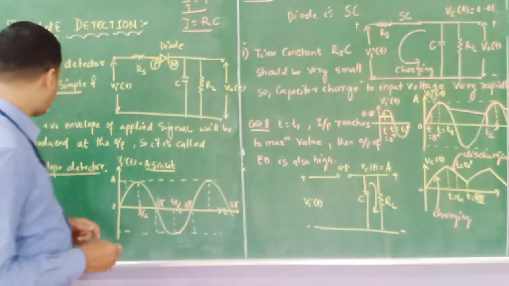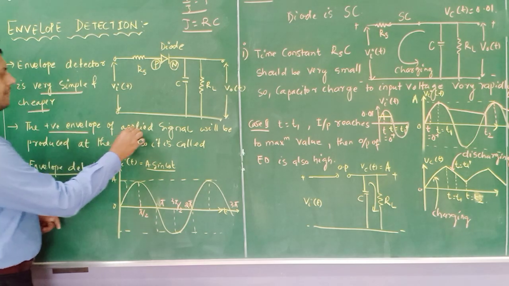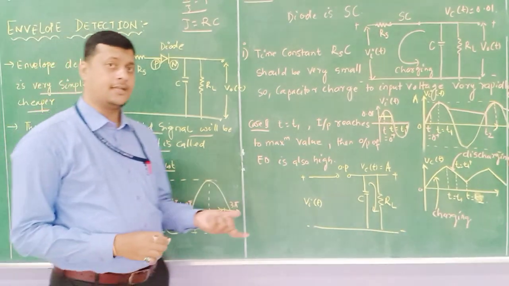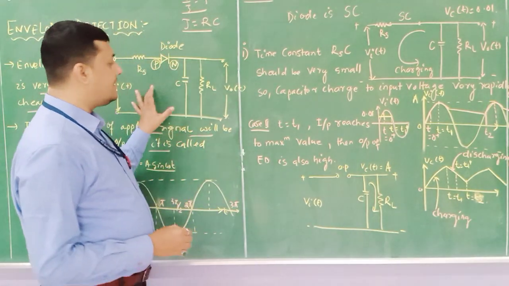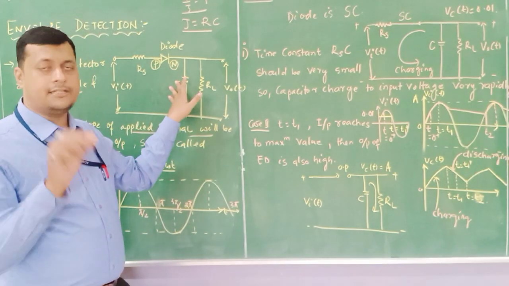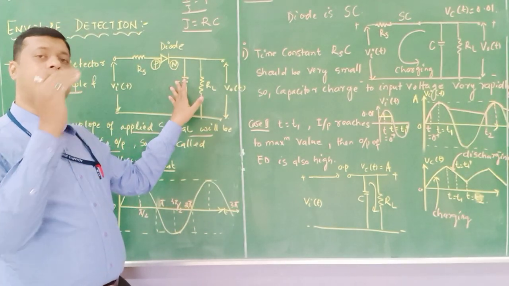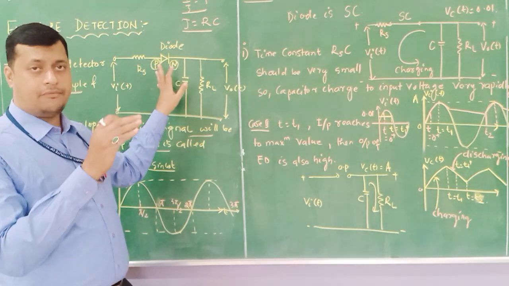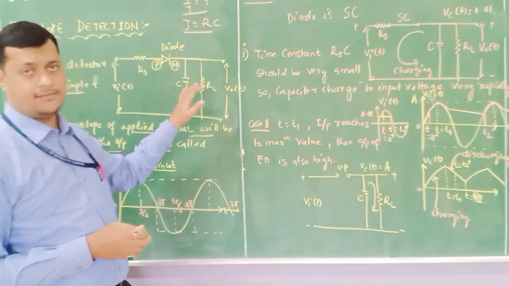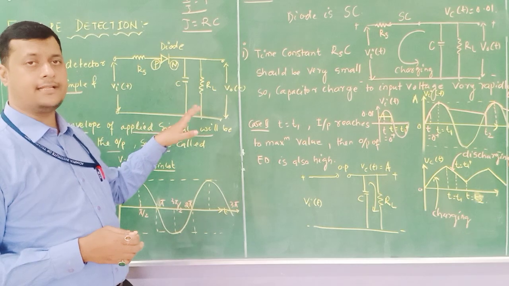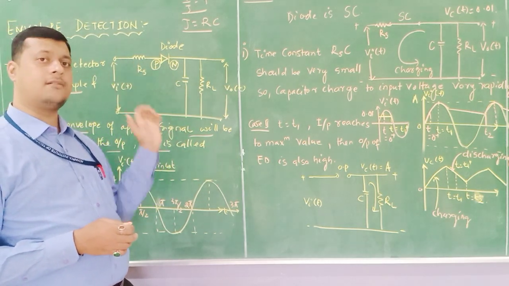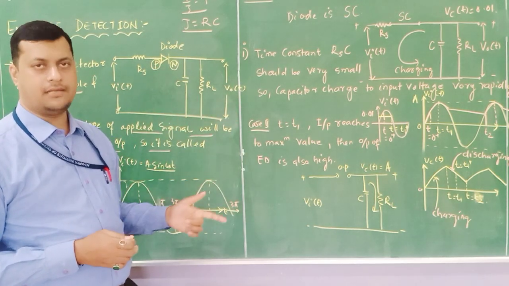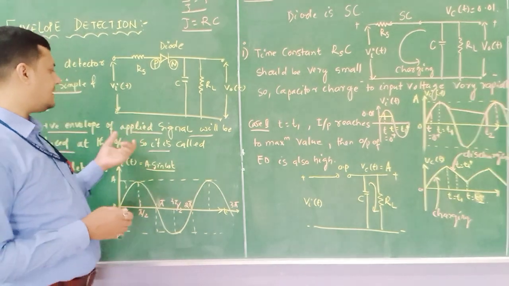Next, the positive envelope of an applied signal will be available as the output, so it is called an envelope. Yes, if I provide a continuous signal, it will identify only the positive half due to the presence of this diode. It will rectify, and that particular rectification is processed with the help of this RL circuit. It is a smoothing filter, due to which the charging and discharging of the capacitor is so synchronized that it will look like a DC component is available at the output. So that is one more advantage.